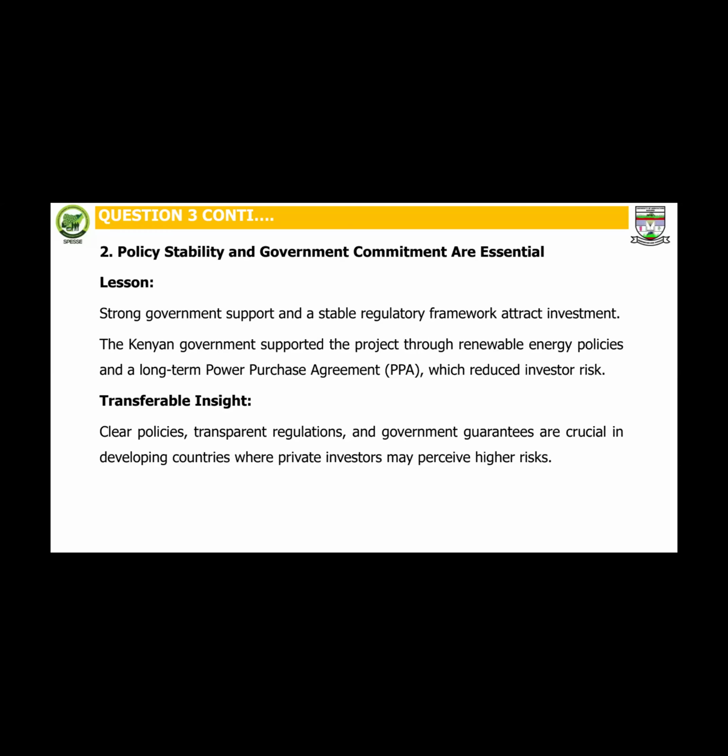Transferable insight: clear policies, transparent regulations, and government guarantees are crucial in developing countries where private investors may perceive